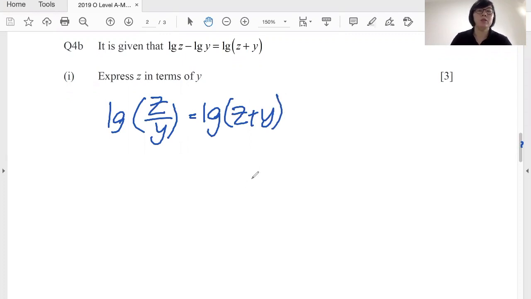Now that you see one term on the left, one term on the right, the log function, by the way, log is in fact log base 10. So both the logarithm functions have the same base. We don't have to do anything extra. So then we can conclude z over y is simply equals to z plus y. Then we're going to cross multiply. That will give us